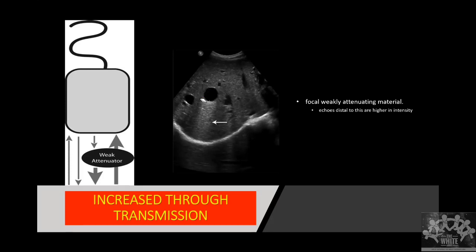So the first thing is, to confirm a cyst, it should look anechoic, it looks blacker, and there should be some enhancement distal to it. This is when I tell that this is a cyst. That's the first thing. Now this cyst can be an abscess, it can be a simple cyst, and it can be a tumor which is necrotic. So how do I differentiate?